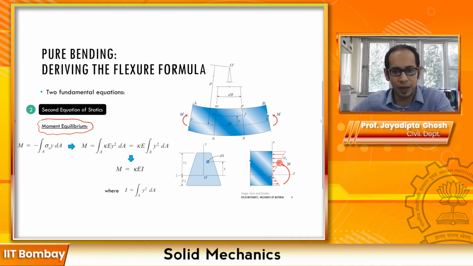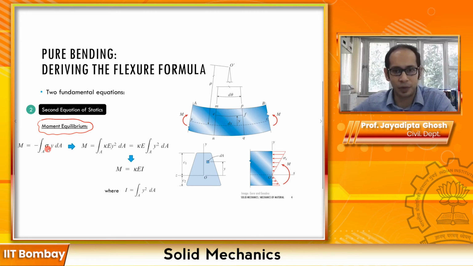That is given. As a result of these forces, from the compressive forces you can have an equivalent compressive force, and from the tensile forces an equivalent tensile force, and they will be separated by a distance, which gives rise to this moment. But leaving that aside, if you go with the basic fundamentals, sigma x times dA times this distance y is the moment of the force acting on this small area. As before, if you integrate over this entire area and substitute this